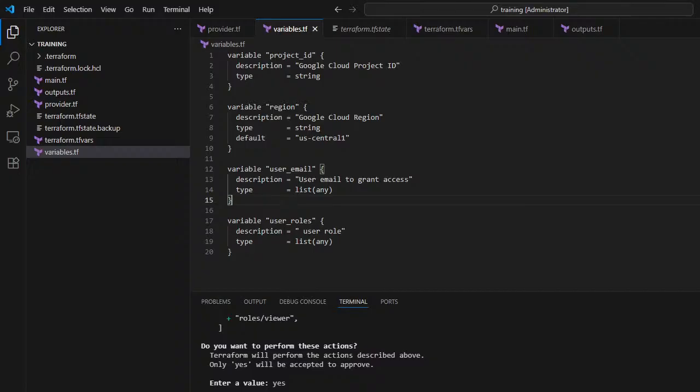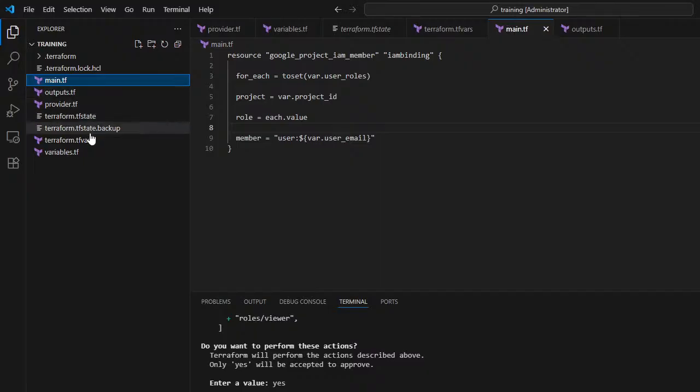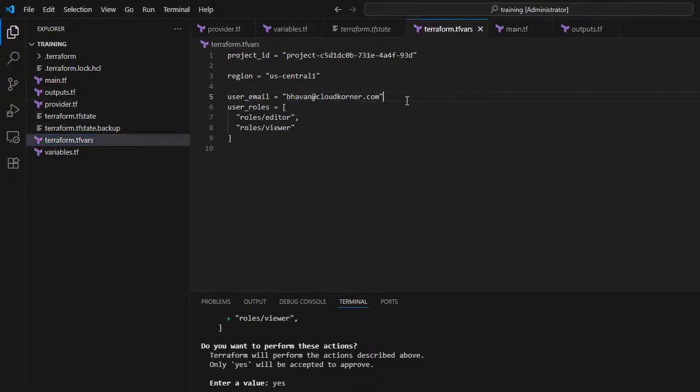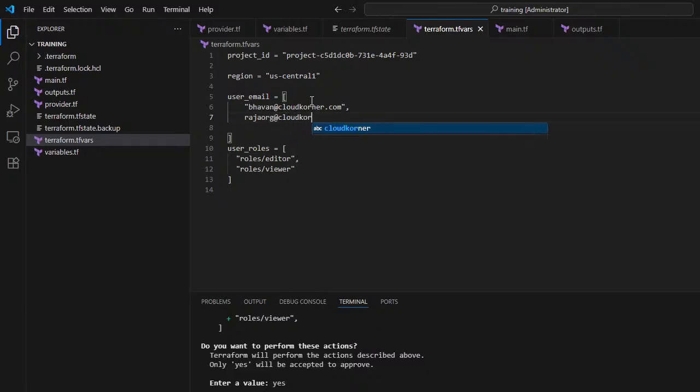Now tf vars, I need to add the same thing we did. Tf vars, I have to change this to user now. Bhavan, comma, Raja arc at cloud.com. Okay,